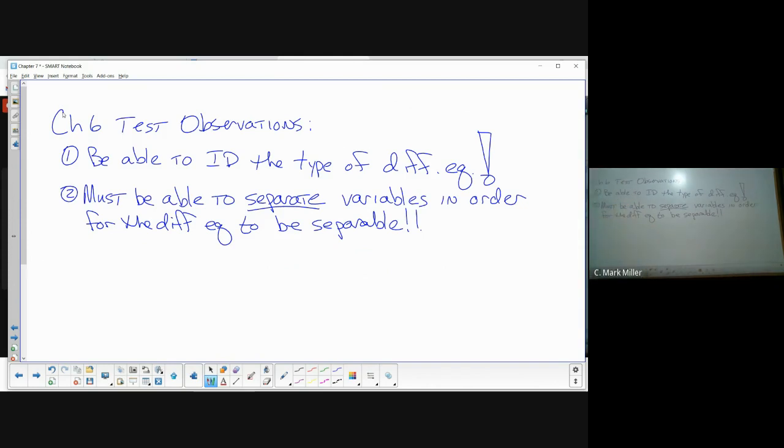The other one is we had homogeneous and first order linear. Now, if you couldn't separate them,